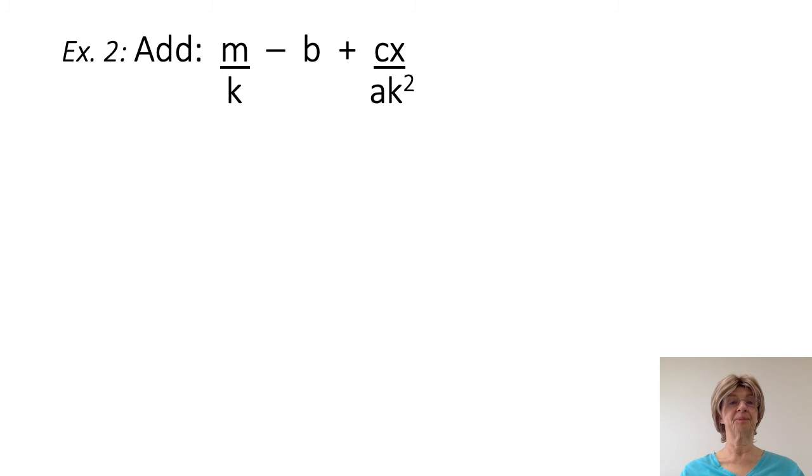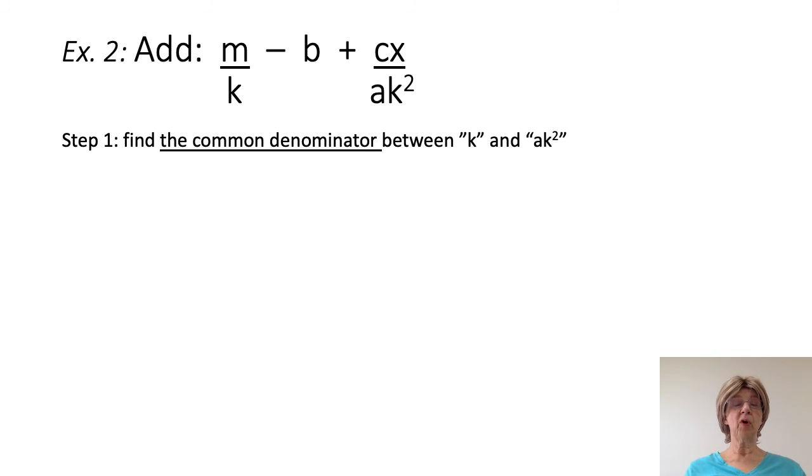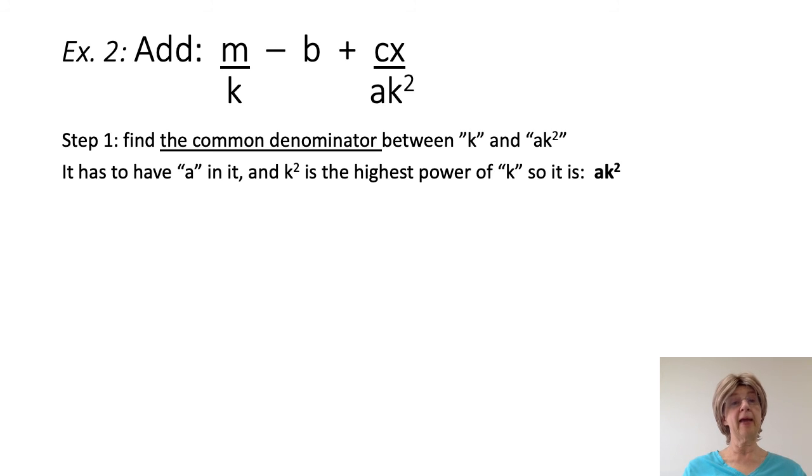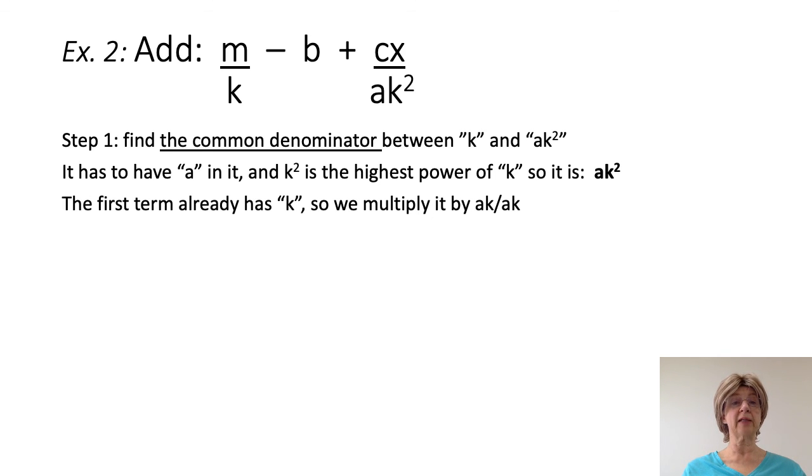Example 2. Add m divided by k minus b plus cx divided by ak squared. Step 1, find the common denominator between k and ak squared. It has to have a in it, and k squared is the highest power of k, so it is ak squared. The first term already has k, so we multiply it by,